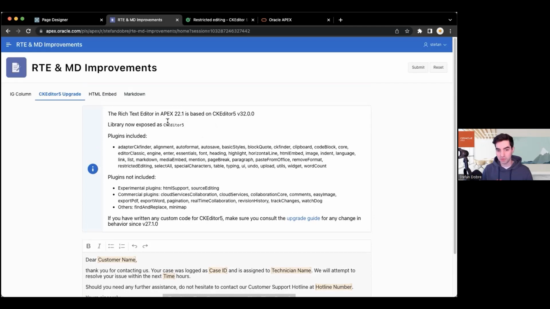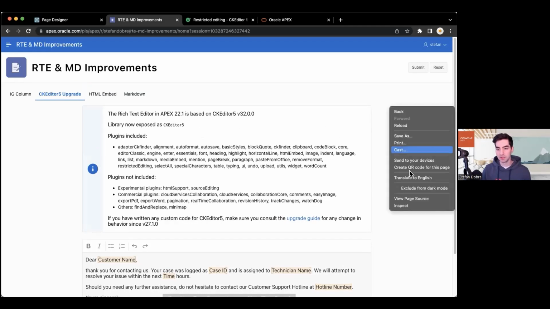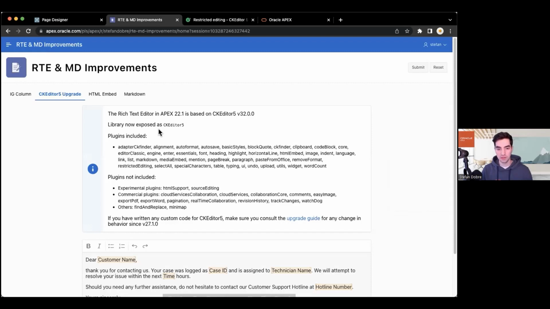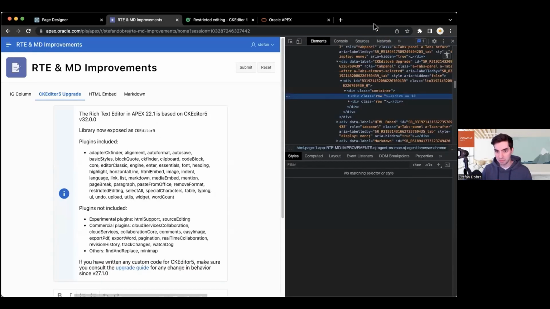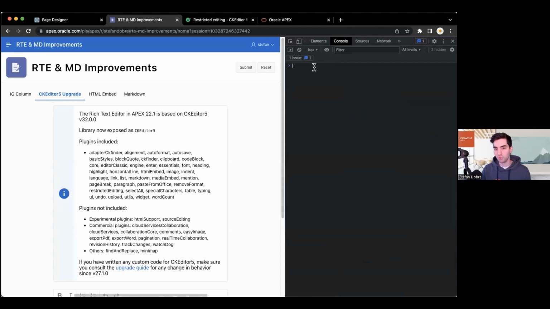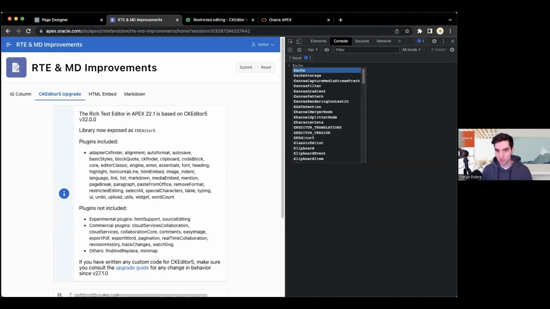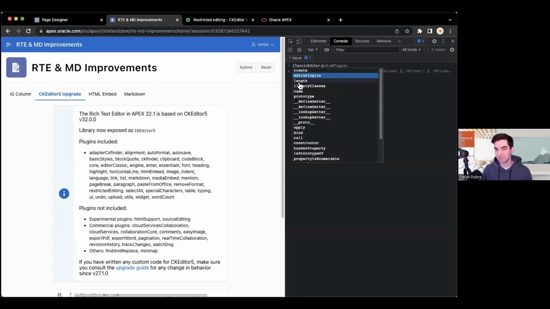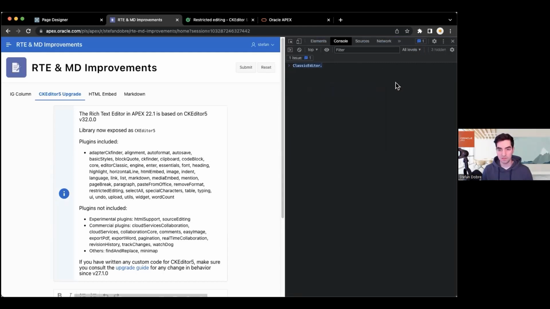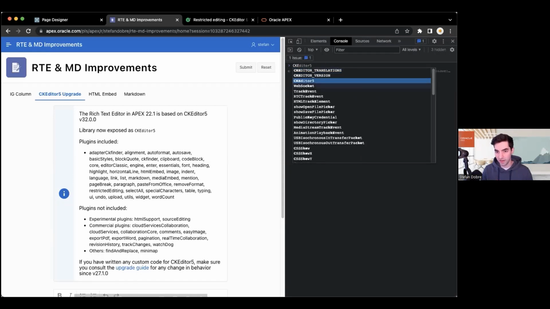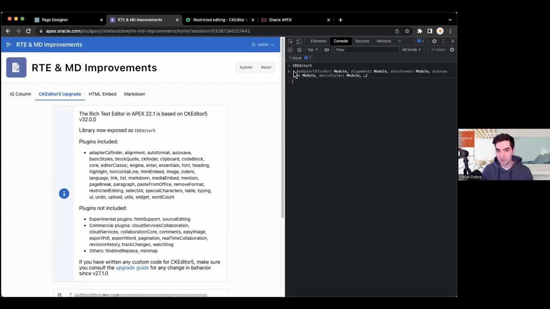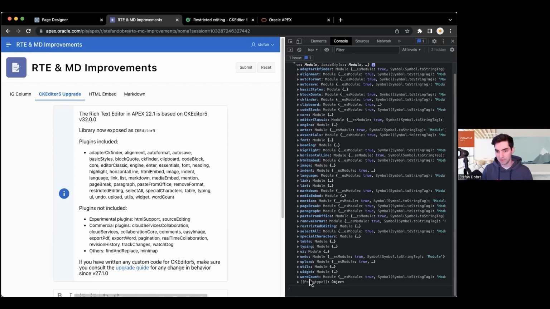So first and foremost, we are now exposing it on the front end under a different namespace. So until now, if you wanted to make any sorts of customizations, you had to go through the classic editor global object. We never documented it because we knew there would be a better one coming soon. And now it has. This new object is called CK Editor 5,